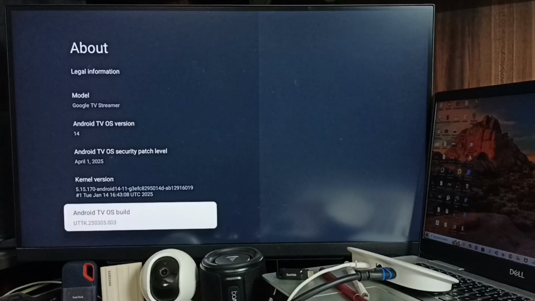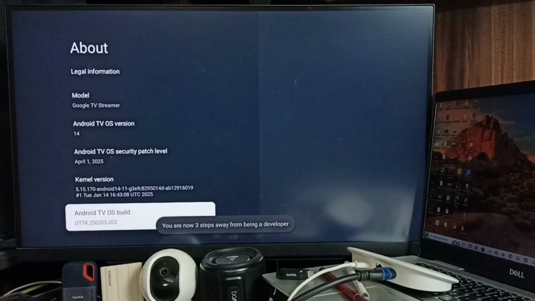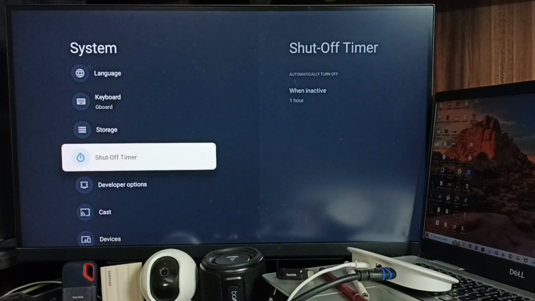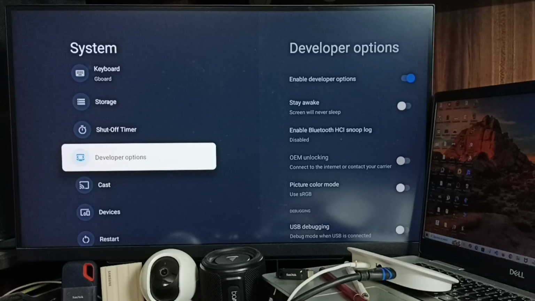Here we need to press the OK button on the remote 7 times: 1, 2, 3, 4, 5, 6, 7. See the message, you are now a developer. Go back. Now under system you can find a new option, developer options. This is the first step. We need to enable developer options. Then